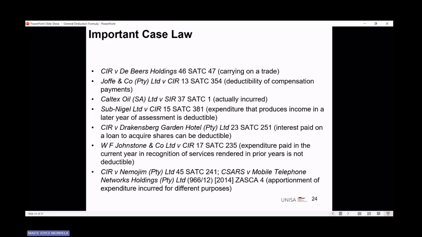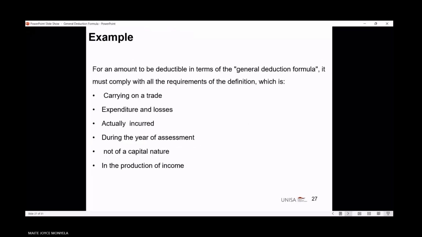Which court case? The Rand Mines. Is it on this list? No, it's not on this list, but it's on the not of a capital nature. Okay, I understand. It's on not of a capital nature, as well as